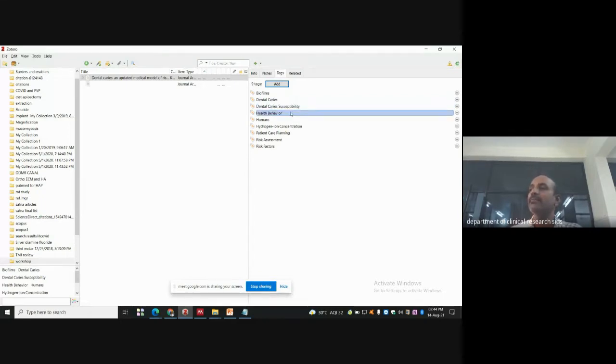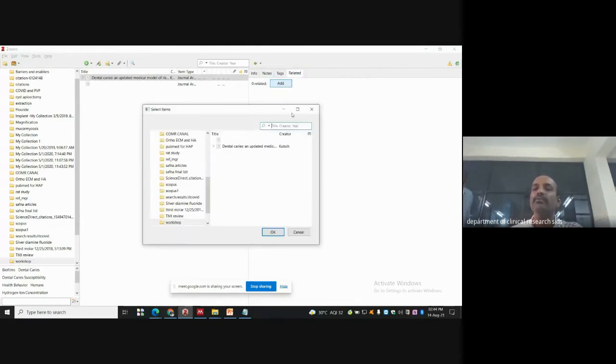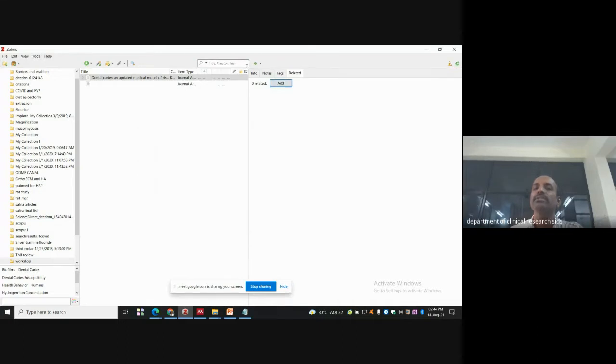This tagging is very important. Why? Because nowadays they are coming up with geo-tagging. So geo-tagging will give you the picture where your vehicle is moving or where you are moving or whether your worker is doing properly or not. Similarly, your article can be tagged. Okay, these are tags, and you do have related items. If you want to add some relation, you can add relations. Okay, so these are the things which you are going to do in the Zotero. So in my first collection, I have added one dental caries article.